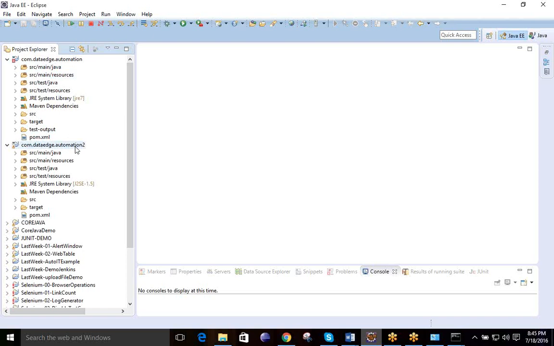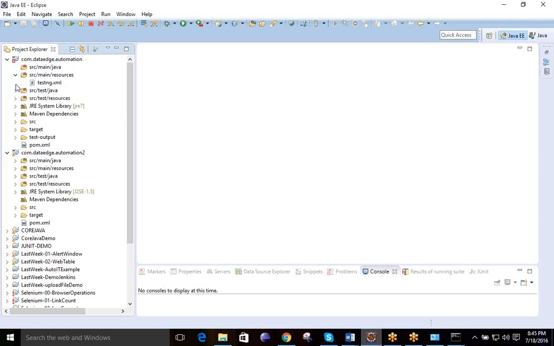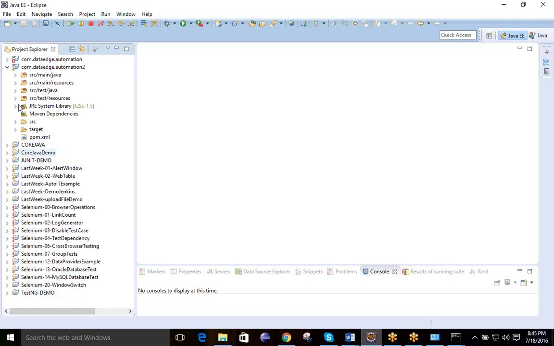What is the next thing you need to do? What are the things that you have to focus on over here? So here you can see src/main/java, resources, and sorry, we are working on this second. All these will be blank only. The structure or directories over here are blank. Here it is suggesting that by default it is taking Java version 1.5. So don't worry. It will take it according to the information you have given, and it will not take it from your system, it will take it from the internet itself.